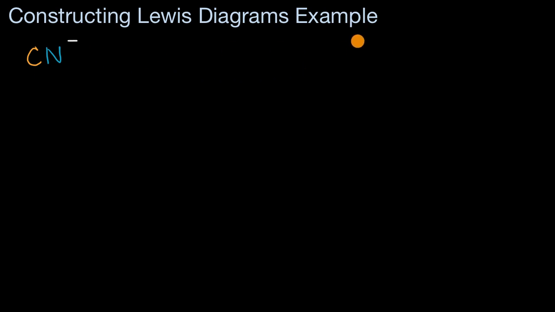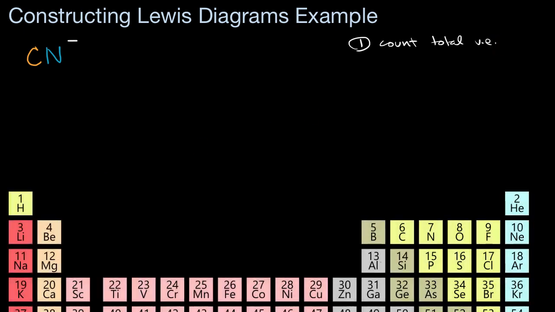So we've already seen in many videos, the first step is to essentially count the total valence electrons that we're dealing with. And the reason why we do that is to make sure that we're allocating all the valence electrons. To help us there, we can look at a periodic table of elements. You might already know that carbon has 1, 2, 3, 4 valence electrons in that second shell. It's in the second period. So you have 4 valence electrons from carbon. Nitrogen has 1, 2, 3, 4, 5 valence electrons in its second shell. It's in that second period. And so the valence electrons from a neutral carbon and a neutral nitrogen free atom would be a total of 9